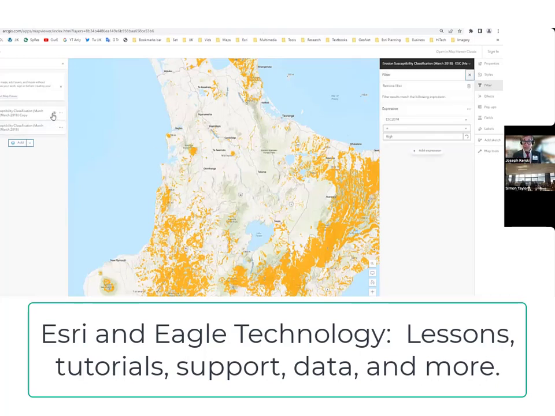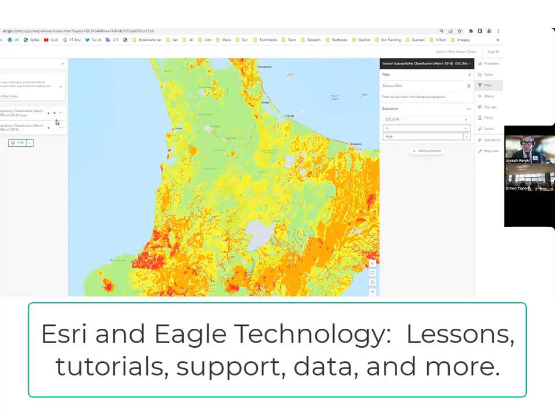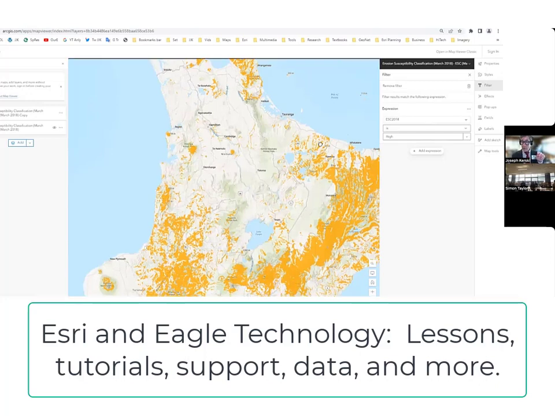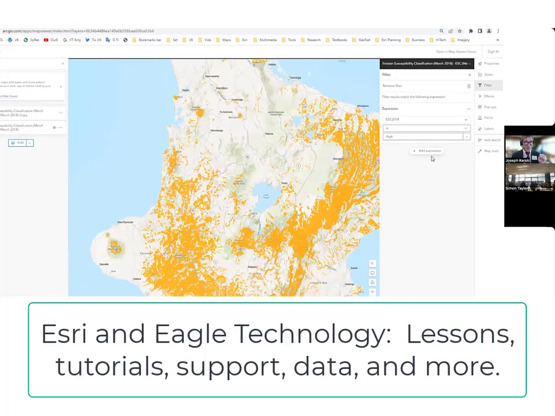for example, here, I'm going to turn this on. And now what do I have at my fingertips? I have erosion susceptibility. Okay. In this top layer here, what do I have? I have the erosion. I'm doing a filter. I want to find every place in New Zealand, according to this data set, where the erosion susceptibility is high.